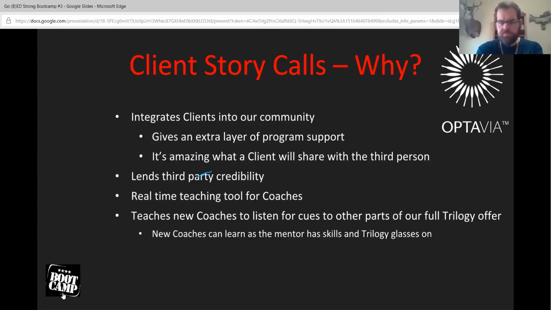From the very beginning, in some of those text messages, when they first become a client, we're telling them to go into their client support page and introduce themselves. Maybe ask for tips, hey, they're brand new, they're just starting out on program. And as they start doing that, that integrates them into the system, and it gets them used to asking questions in the group. It gets them used to seeing positive reinforcement from other people. And a lot of times that gives them an extra layer of support.